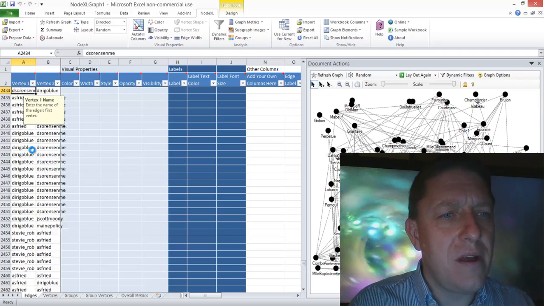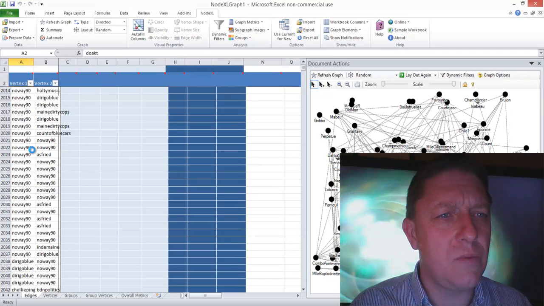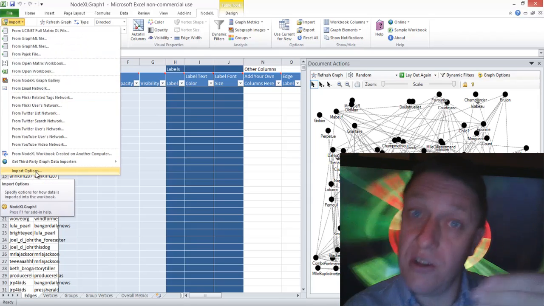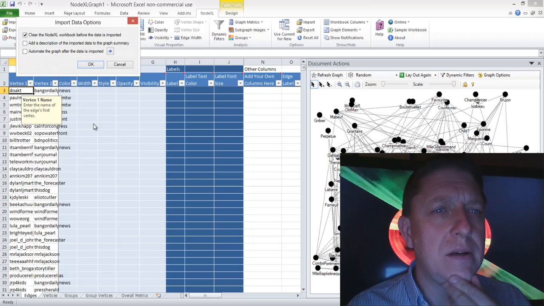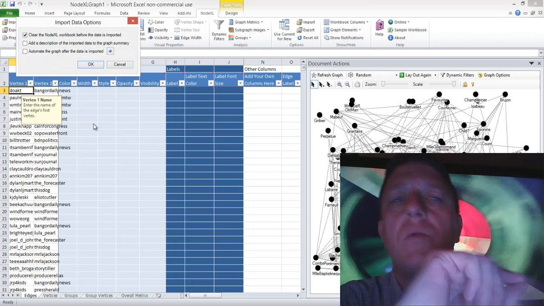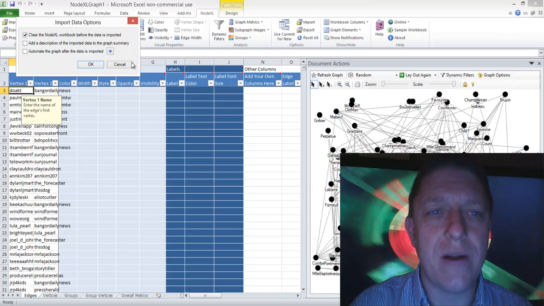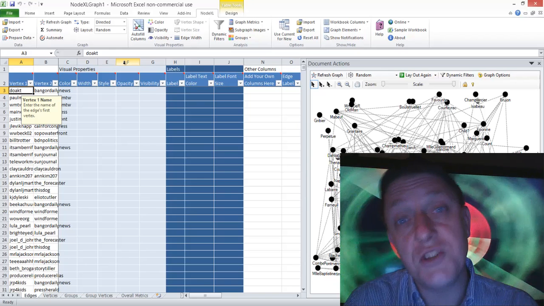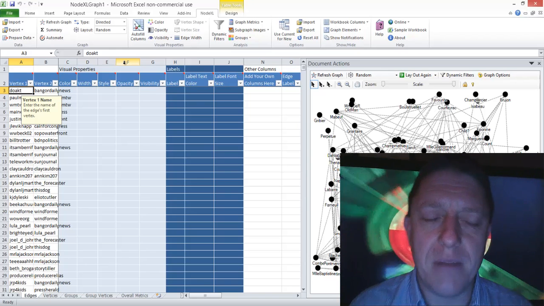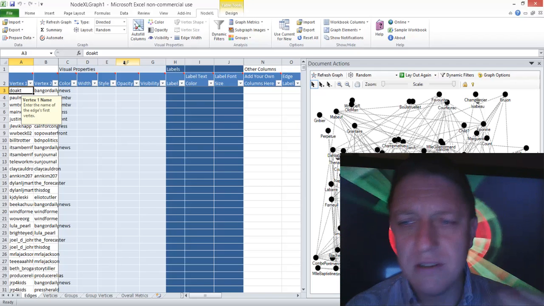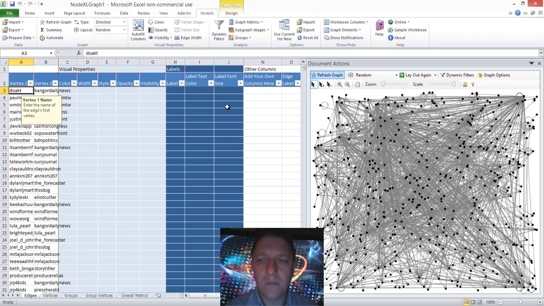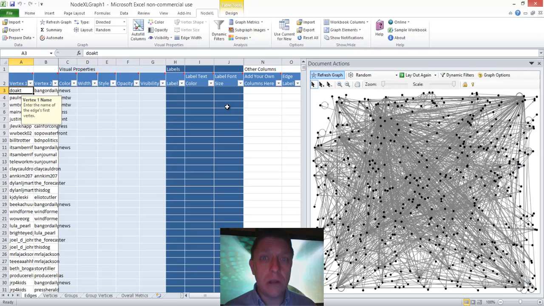Okay, so what does that mean? Well, it means that when I import, I've set my options, and you can check to make sure you do this too, to make sure that I clear the NodeXL workbook before new data is imported. So every time I import, I get new data, and I get rid of the old stuff. There are reasons you might not want to do this, in which case you'd uncheck that box. But I've checked that box, so when I refresh, I will have new data.